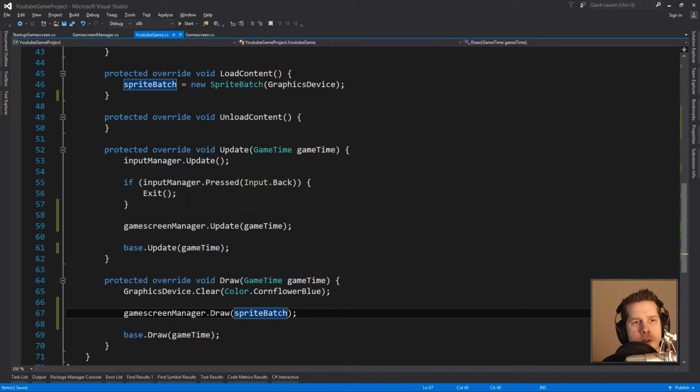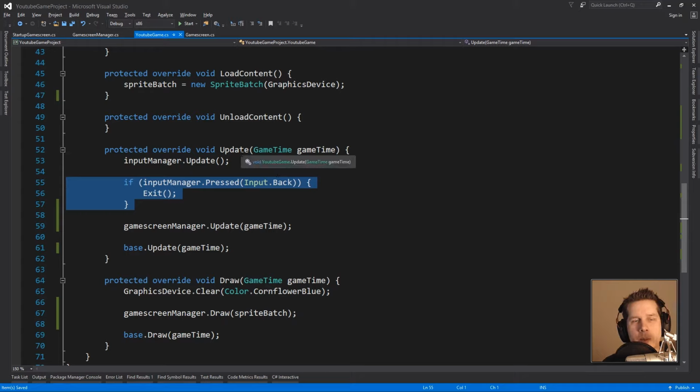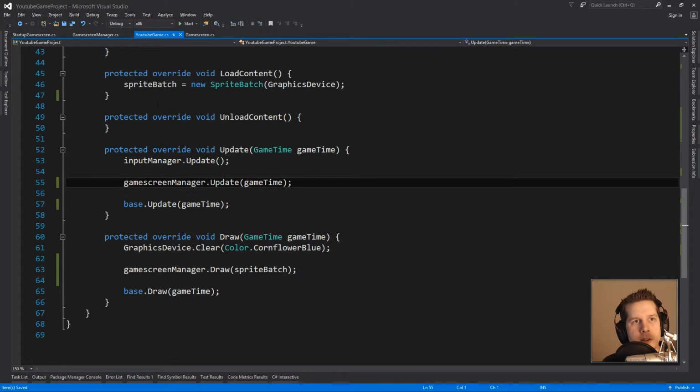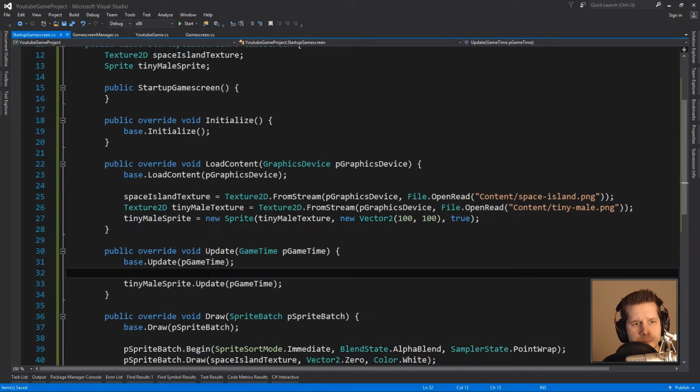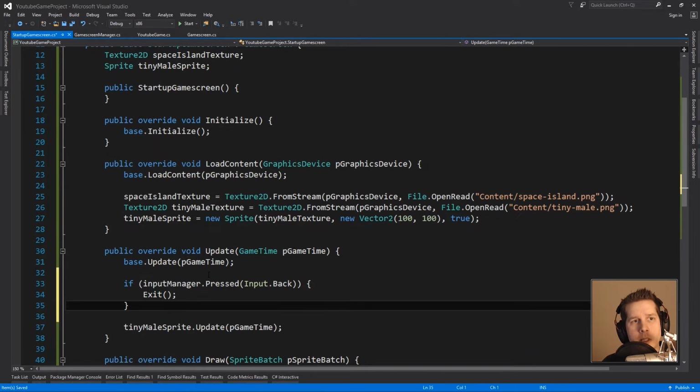Now, I think also I'll move this, because what this now symbolizes is, you know, the game will always update, and if you ever press back, it will just quit the game, like it will just exit. But if you're in the main menu in my game that I showed you, and you press escape, it goes back to the start menu. So I don't want this as a rule, like if you ever press escape, you just exit. In the first demo, it kind of works. But now, I would like to call it only when we're in the startup game screen, because right now,